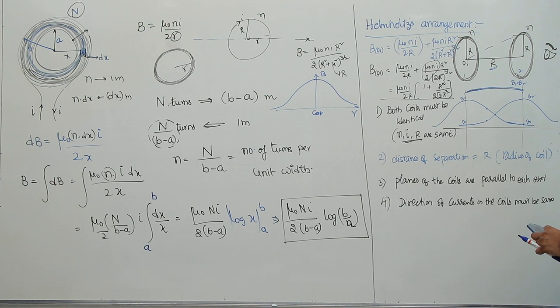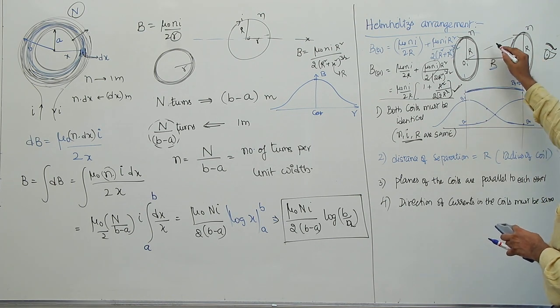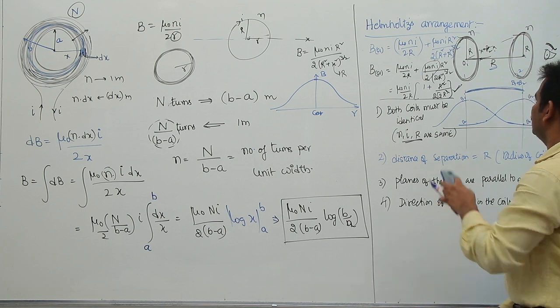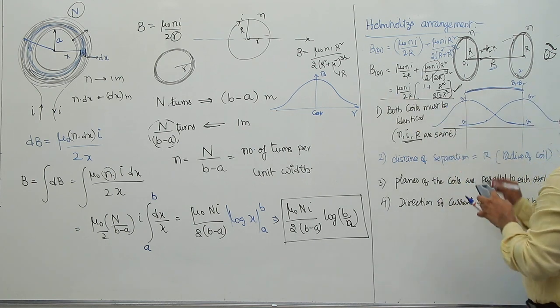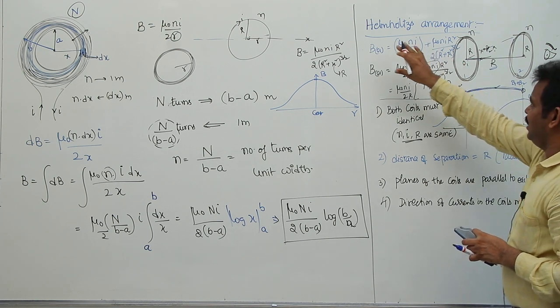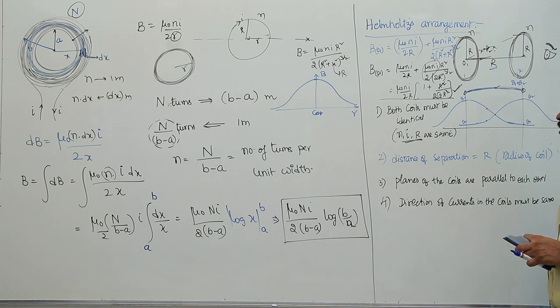first coil. So what is the magnetic field at the center of the second coil? You will get a similar, same value here also. But at the middle, if you take the point x equal to R by 2 or x equal to R by 3 somewhere, then you will get a similar value which is slightly bigger than this value and this value. So the Helmholtz coils arrangement is used to produce a uniform magnetic field between two coils.